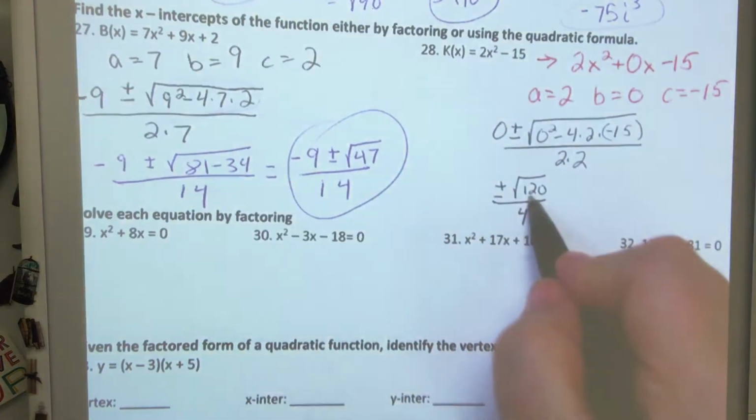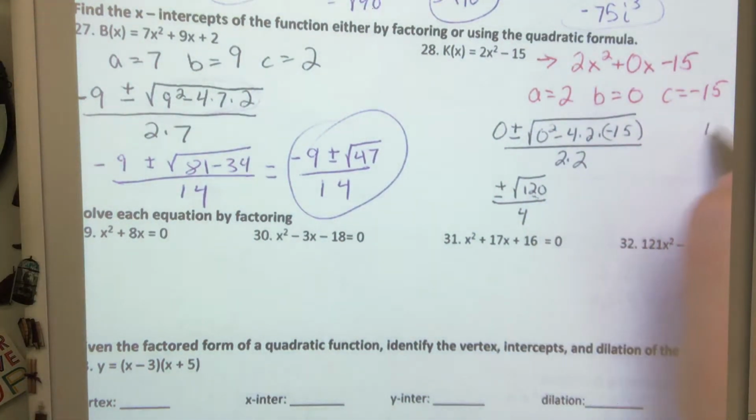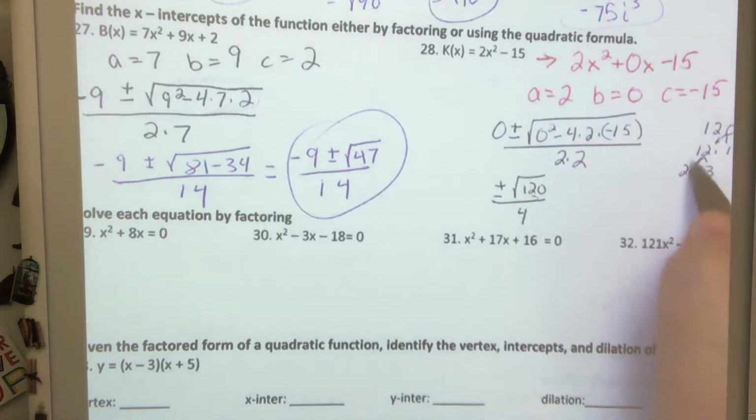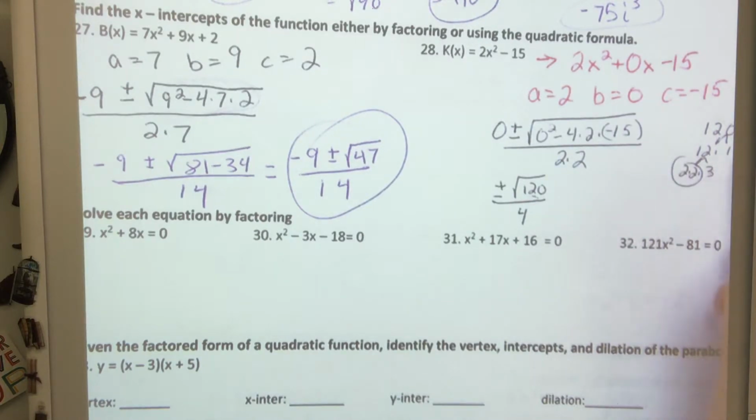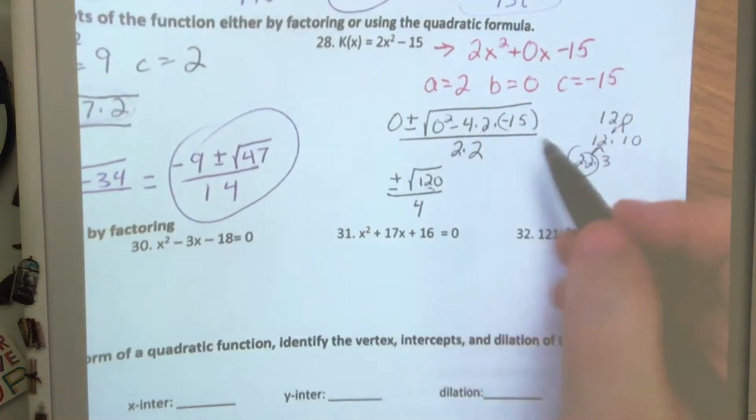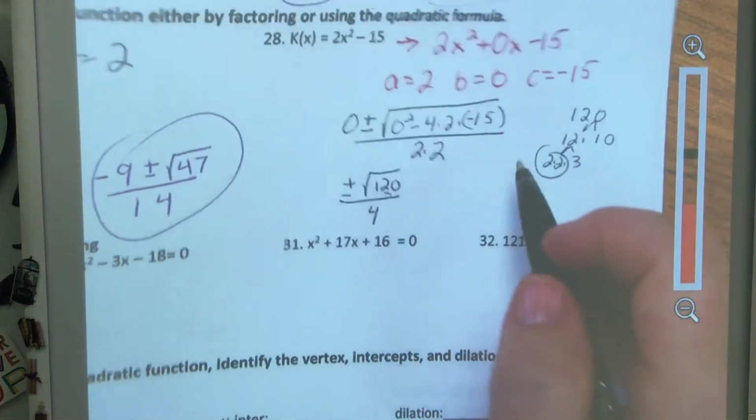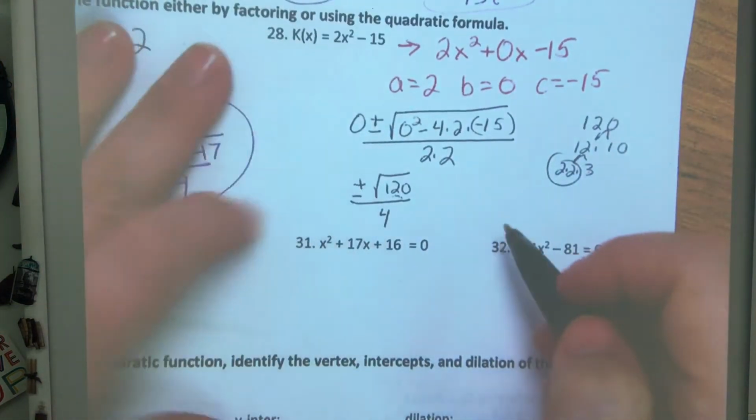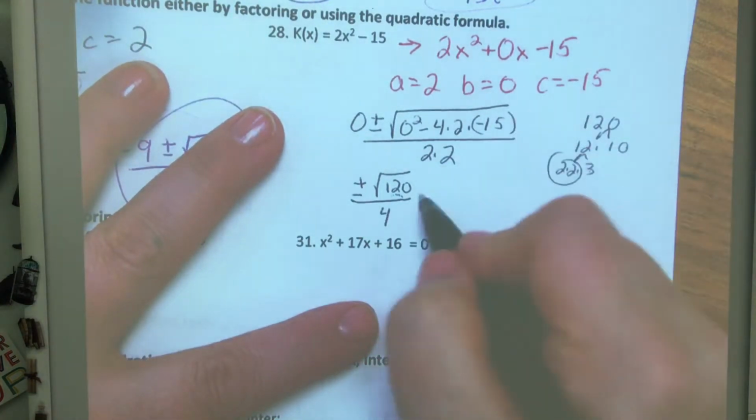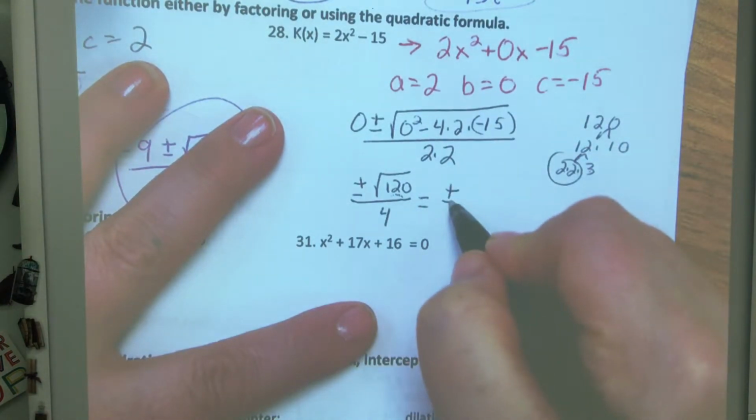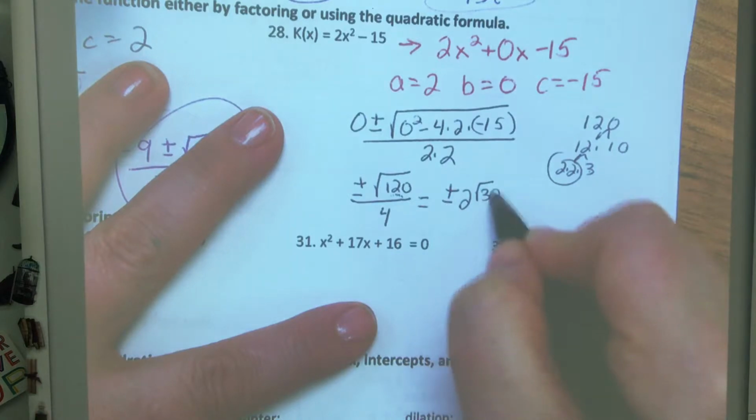And if I simplify 120, that would be 12 times 10. 12 is 2 times 2 times 3. There's a pair. Looking at the rest of them, 10's not going to give me anything that I could factor further. So this would equal plus or minus 2 square root of 30